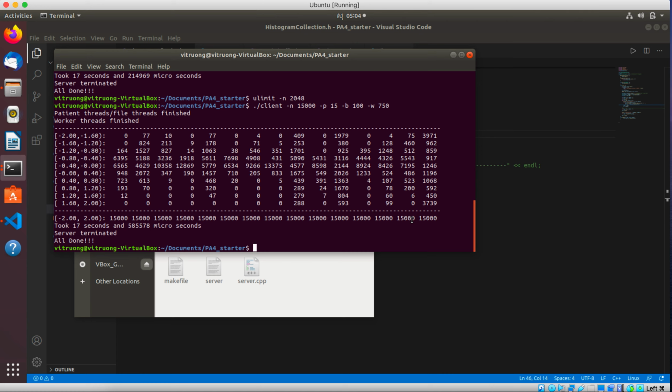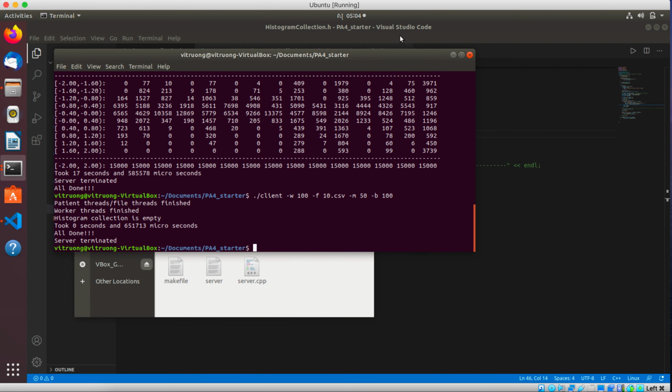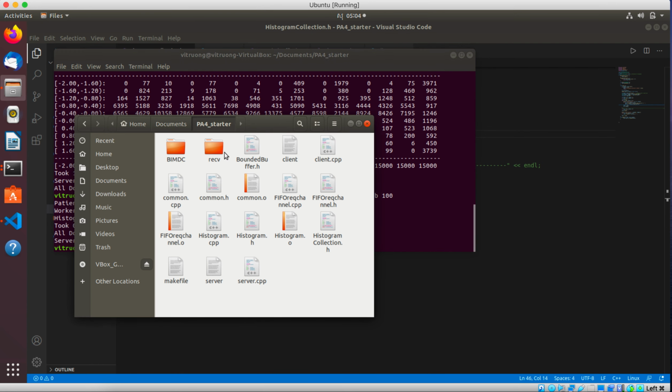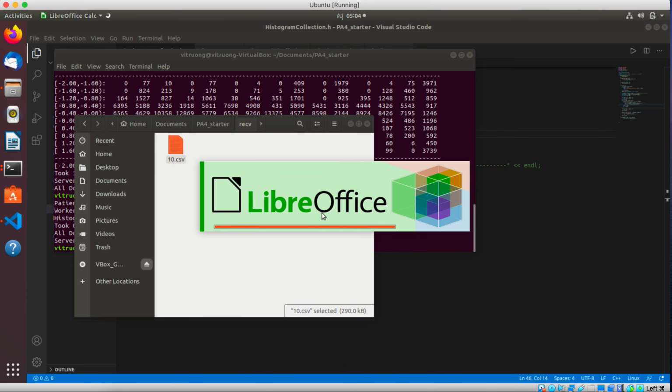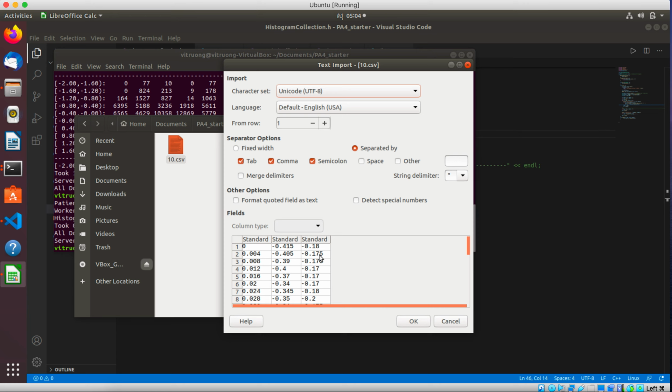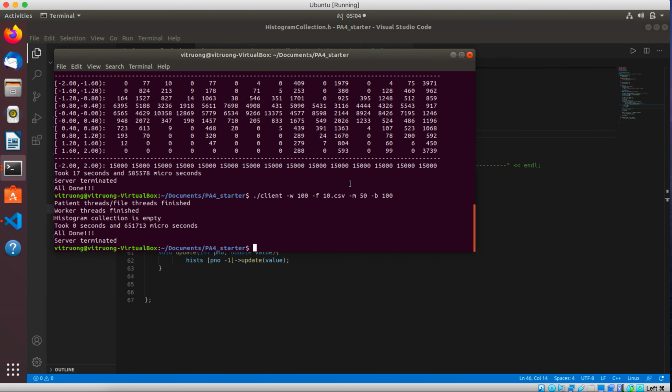So let's move on to the file request. All right. So let's just do 50 first. All right. So we're gonna see the file inside the received folder. You see the CSV is gonna be inside the received folder. Right. So let's do